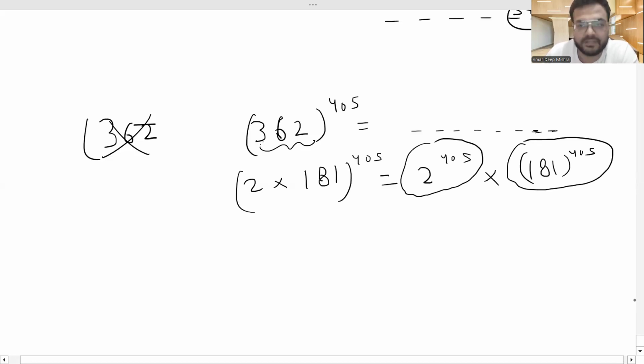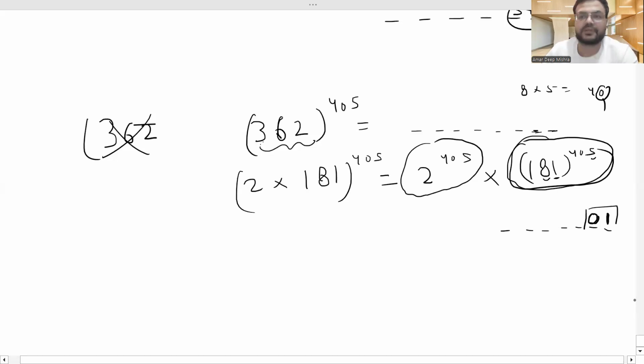Now this is very easy because here in the base number, you have this 1 at the unit place. So what will be the last two digits of this part? Here 1 will come, and this 8 into this 5. So 8 into 5 is how much? 40. 40 means 0. Take this 0. So this 0 will come here, means 0, 1. Okay, 0, 1, right? Now you have to change this 2 power 405 in the form of 2 power 10